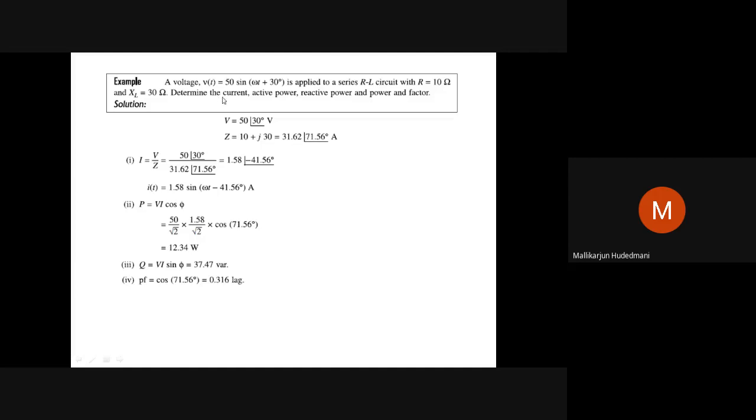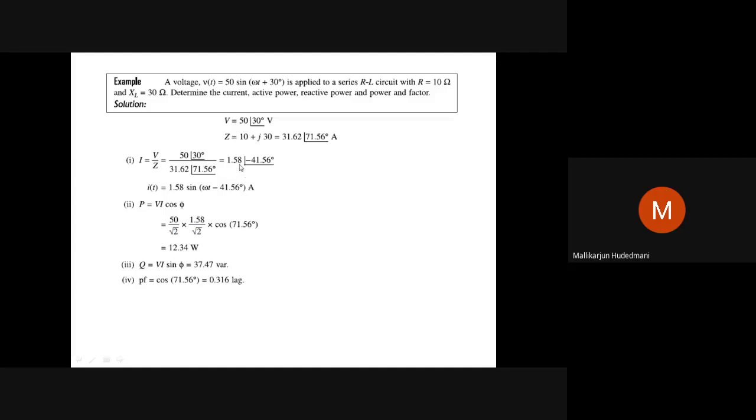Then you are asked to compute the current. It's very simple. If I apply Ohm's law to this circuit, V by Z gives I. So you can see the polar voltage 50 angle 30, and the polar representation of the impedance 31.62 angle 71.56. When I use this in a calculator in complex mode, you must be very careful. Complex mode must be triggered and you must use the proper number of brackets. View it as a rectangular form of answer first time. Shift plus, when you operate on your calculator, you will get ANS, R theta.